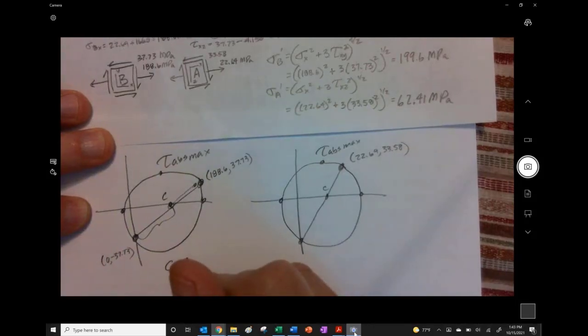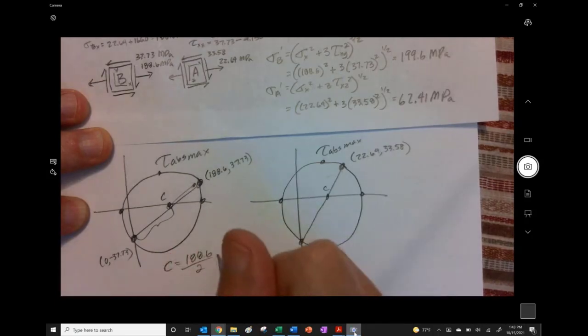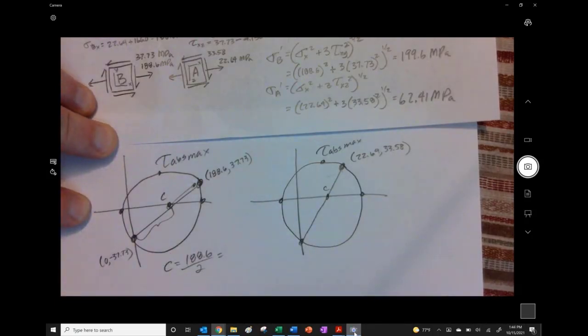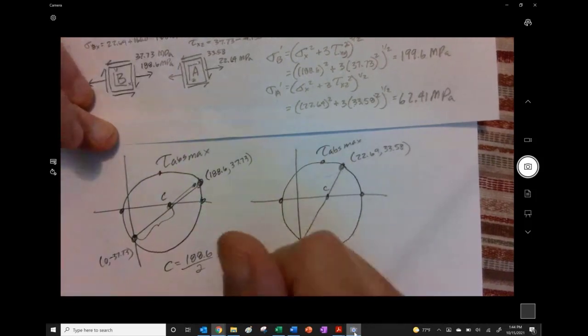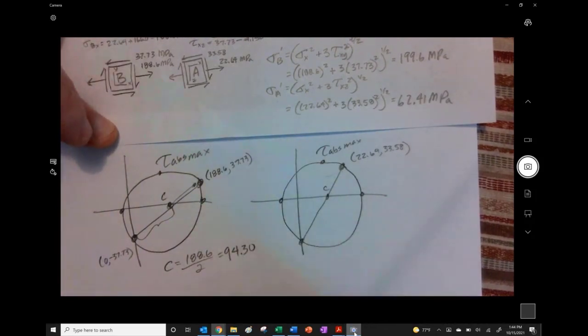So C is going to be 188.6 divided by 2, 94.3, and R is going to be, in this case, it is C,